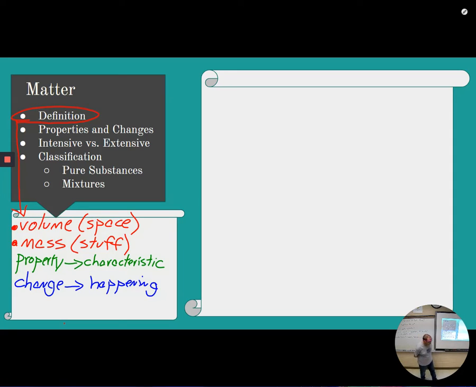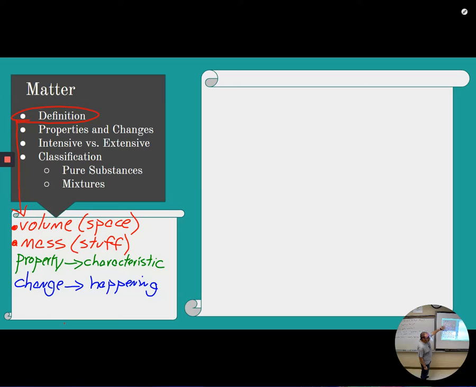So if I walk by and I see that a dead squirrel is decomposing and there's maggots and stuff and it's all really nasty, would that be a property or a change? Change. Something's happening, okay? The squirrel is being broken down. It's being decomposed. A property of that squirrel might be the odor it's giving off, okay? Or the color of its little squirrely gizzard or whatever that's hanging out there. I don't know.